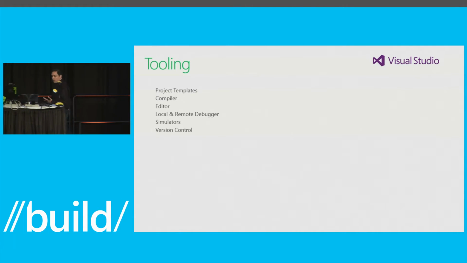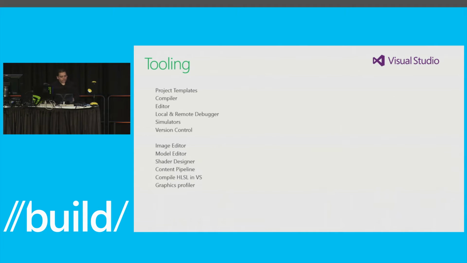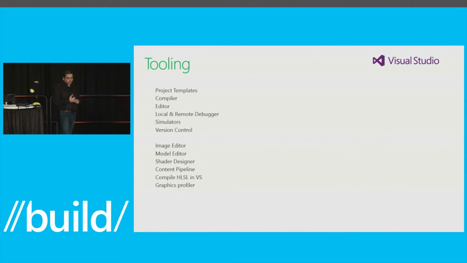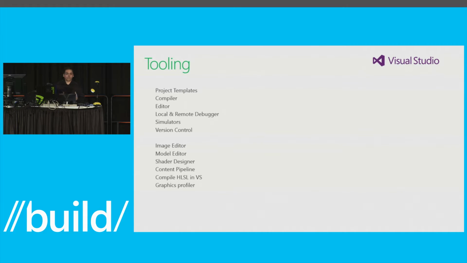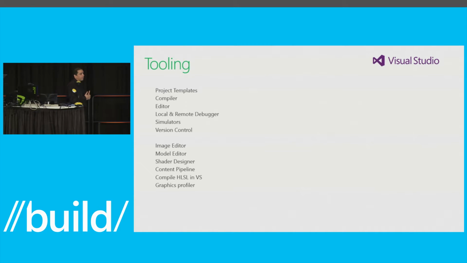They love a lot of our application coding features. But not everybody knows how much improvement we've made to our gaming technologies, right? With Visual Studio 2013 RTM, a year ago when we shipped, we added model editors, shader debugger, shader designers, and compilers for HLSL. We added a lot of things that half the time when I talk to people, they're like, oh, I didn't know you had that, right?